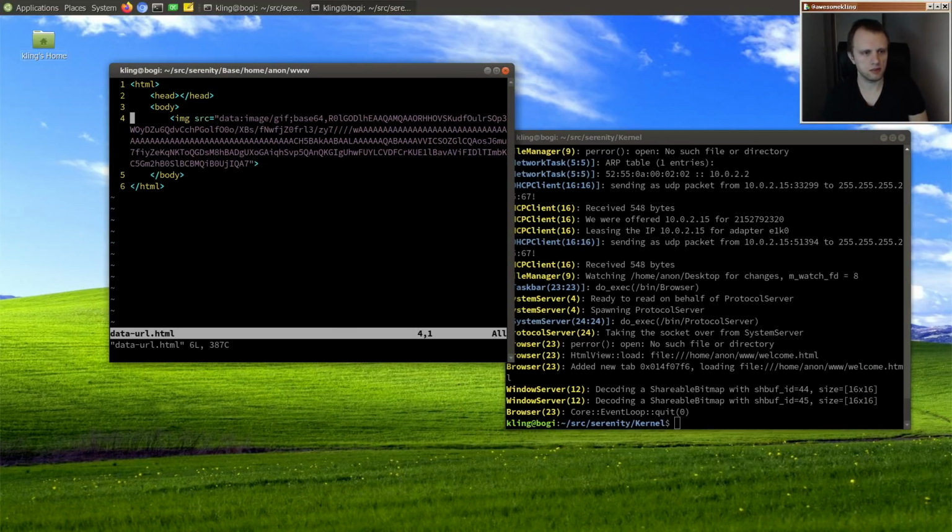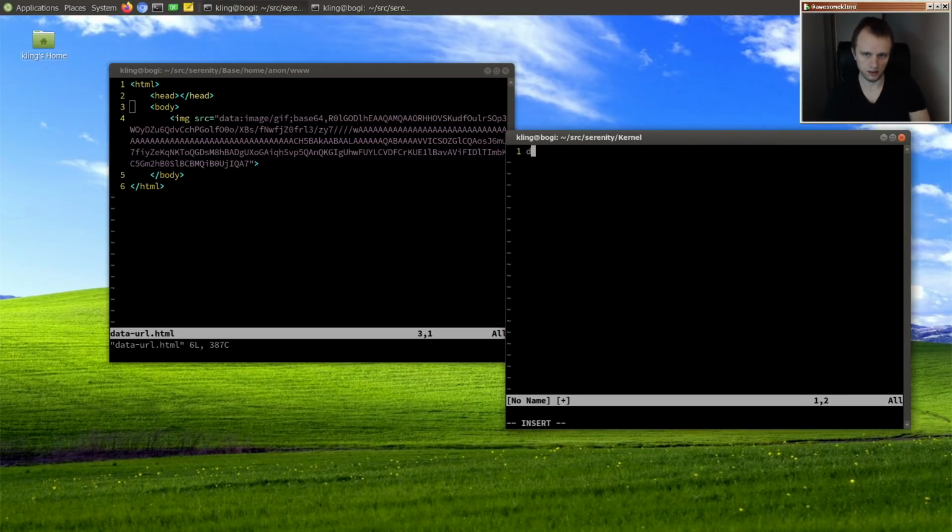By the way, I think the data URL format is basically data colon, MIME type, and then there's an optional base64, and then comma, payload. That's how I understand it, because you can omit the base64 and then the payload is raw, but if you include base64 then the payload is base64. That's why we were able to do raw HTML. So anyway,